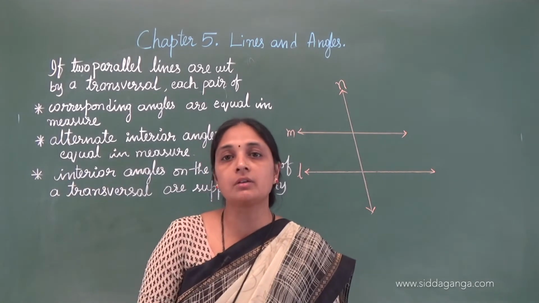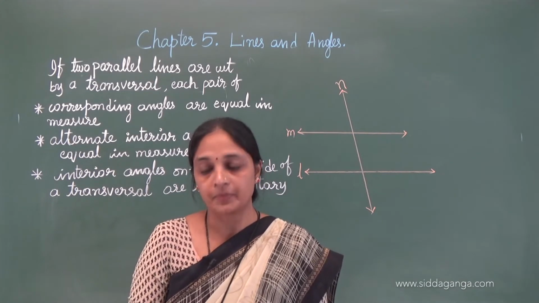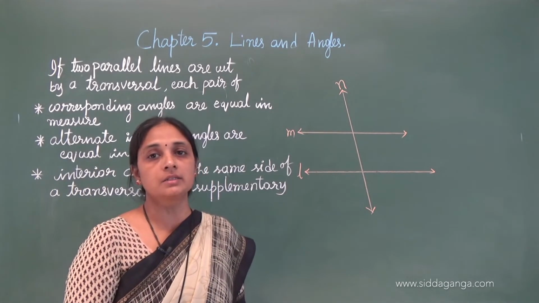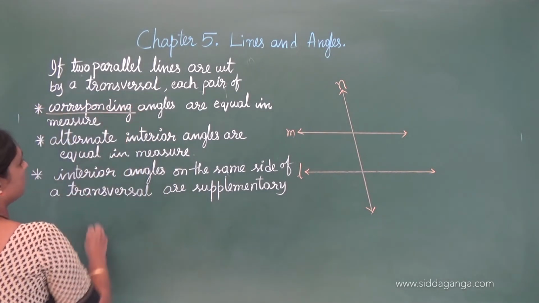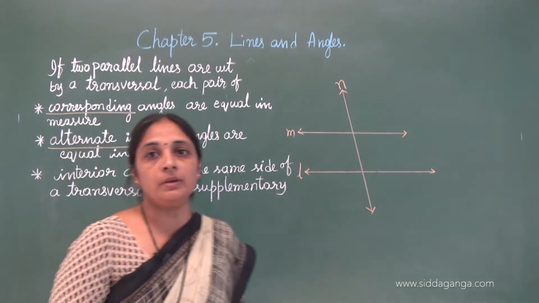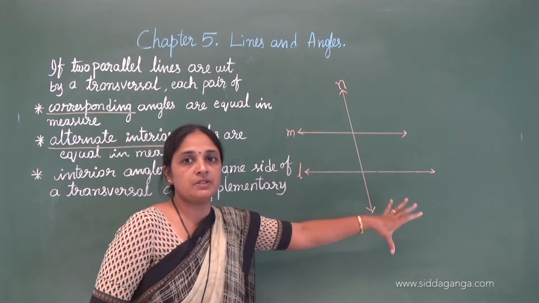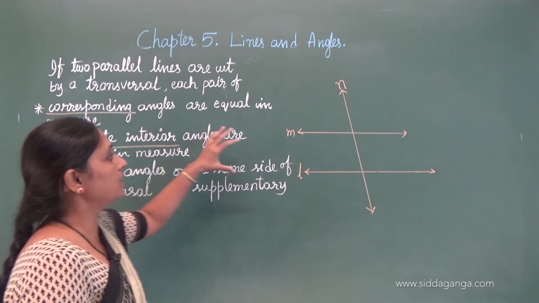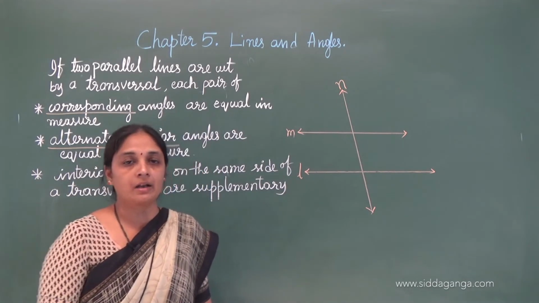These are the types of angles. Then how can we check whether the given lines are parallel or not? Okay, we can check by measuring their angles. Which are the angles equal here? That is, corresponding angles. They are equal. And the alternate interior angles must be equal. When must they be equal? When two lines are cut by a transversal, if corresponding angles and alternate interior angles are equal, then we can say that those two are parallel.